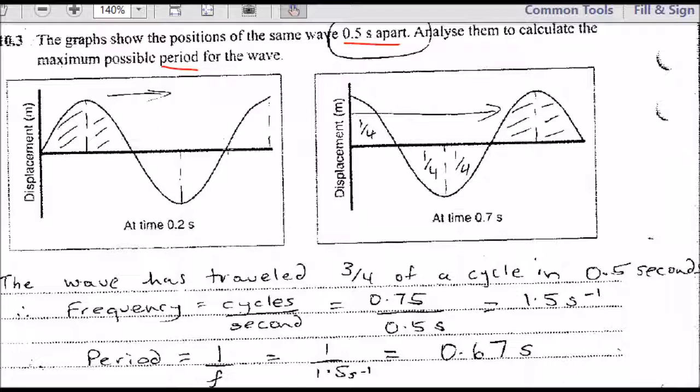Okay, so this is what I do. I look at my wave and I try and find one cycle. So this is my one cycle here, and I find a point where I can see where it might be 0.5 seconds later. So it's going in this direction, and I find that if I colour in an area here, I can easily locate where it's moved to. So I do this, and then I go back and I say, okay, well, it's gone